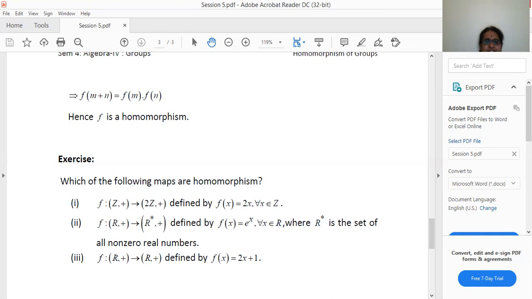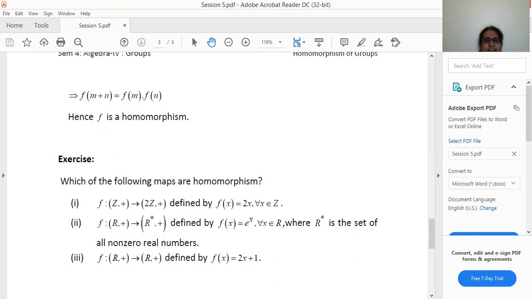In some cases, if it is mentioned generally as integers, as in one of the example problems we have done, there we took all the possible cases. One case is when both integers are even. Then we took what happens when both integers are odd. And in the third case, one even and one odd. Since in all the cases f is a homomorphism, cumulatively we say f is a homomorphism.